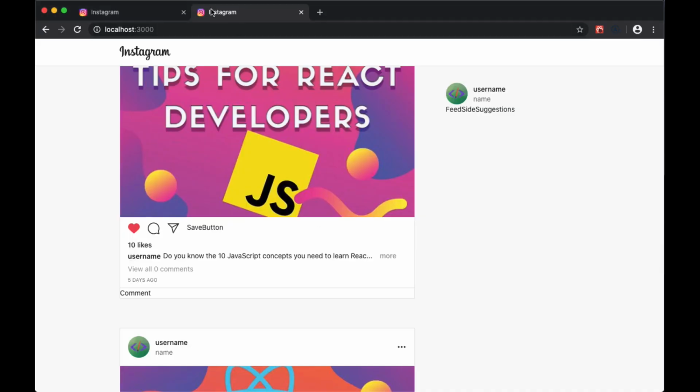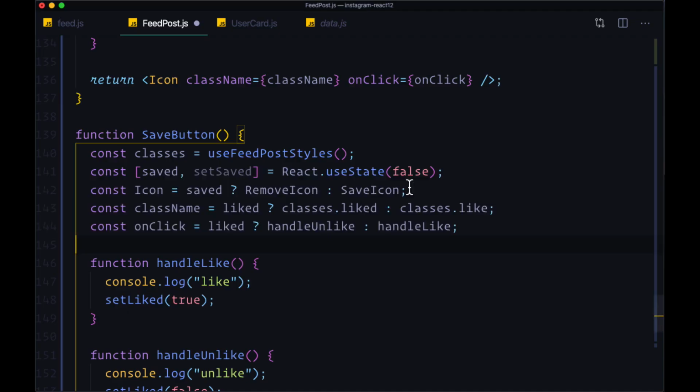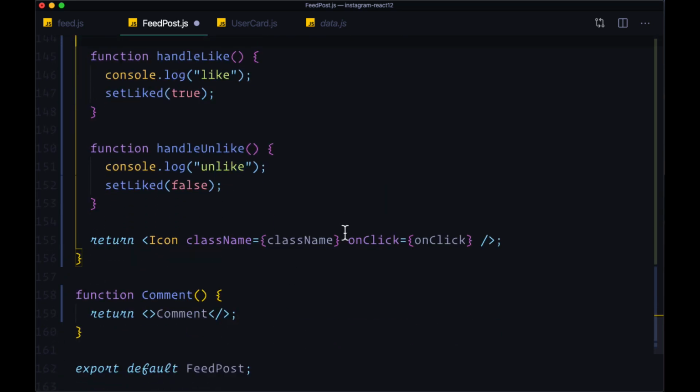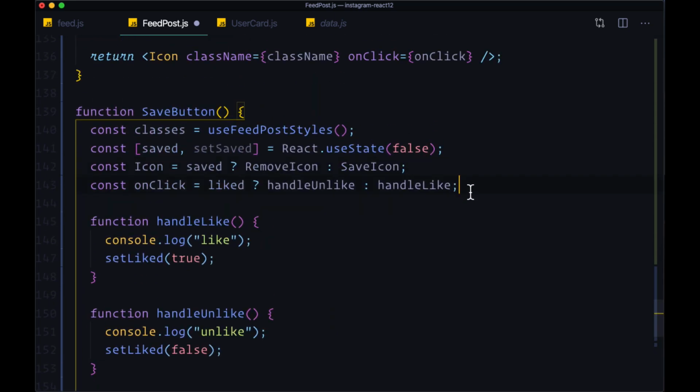So the remove icon is going to be when it's this filled in black version, and the save icon is when we have this empty version, this outlined version. So the class name is also going to be based off of the saved state, and we're not going to need this class name property. We don't need to pass that down to the icon because we don't have any animation. We just want to show one or the other icon, and that's also going to be based upon the saved